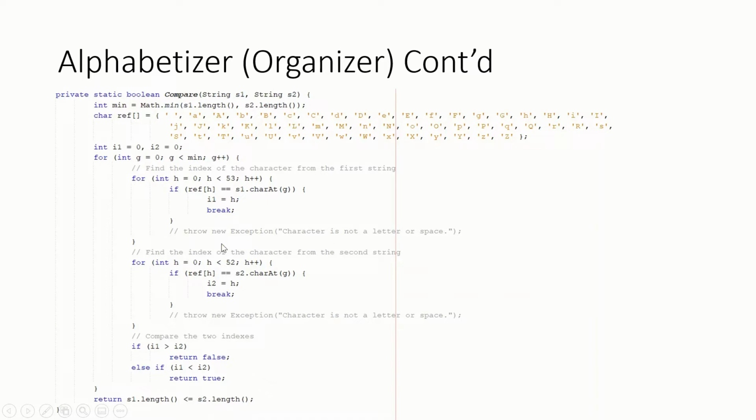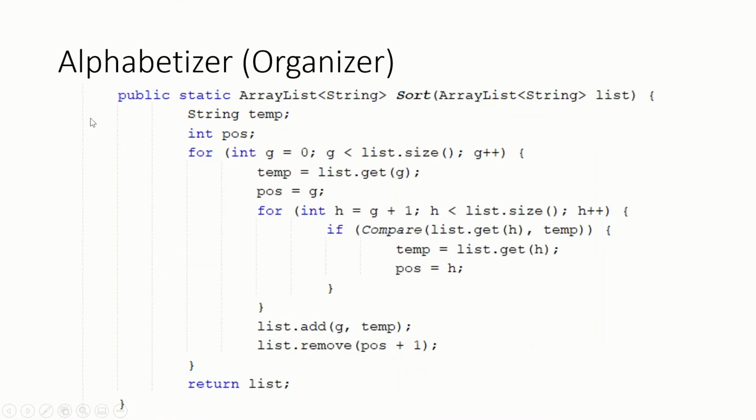And what I did here was compare each string character by character, finding the index of each character. And if the index of one character was greater than or less than the index of another, it would return false or true. And if it reaches the end of one string, I would return whether or not the length of the first string is less than or equal to the length of the second string. Now moving on to the sort method here. Basically, this is just a standard insertion sort, except the comparison here utilizes the compare method,